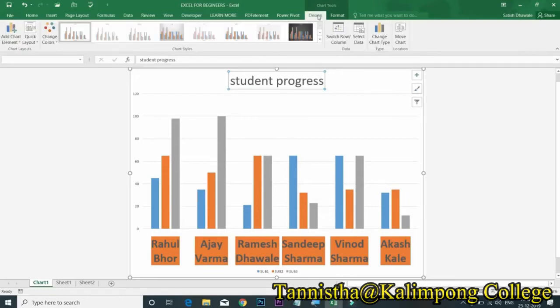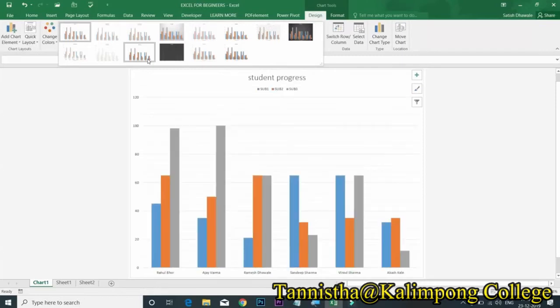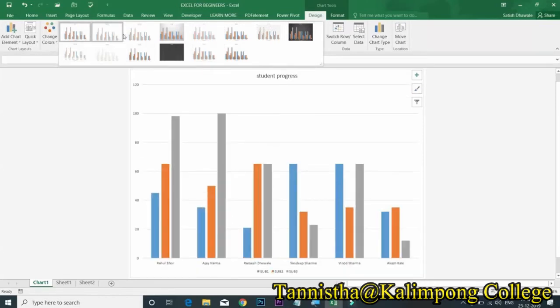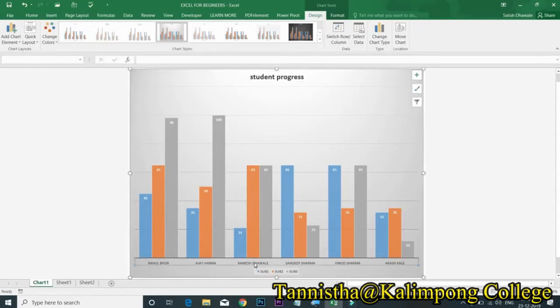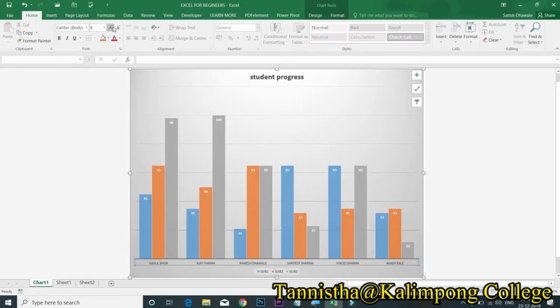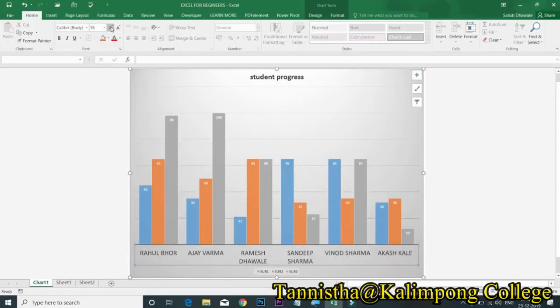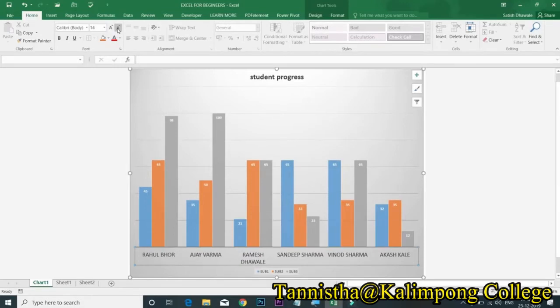You can get ready-made designs in Design tab. So whatever formatting I did, it will simply get vanished. But yes, after choosing the ready-made design, you can format it easily by increasing font size, making it bold.